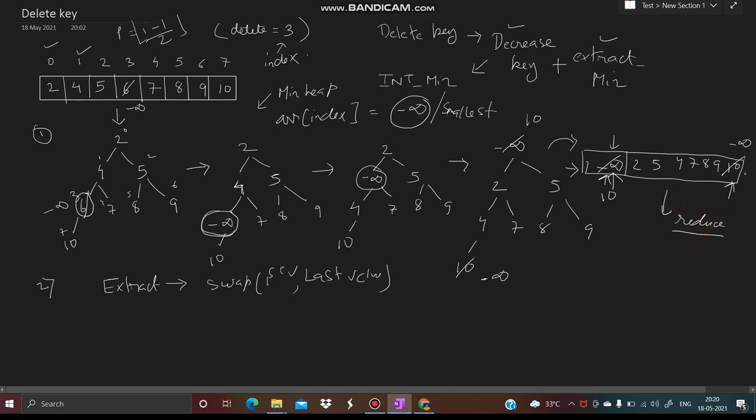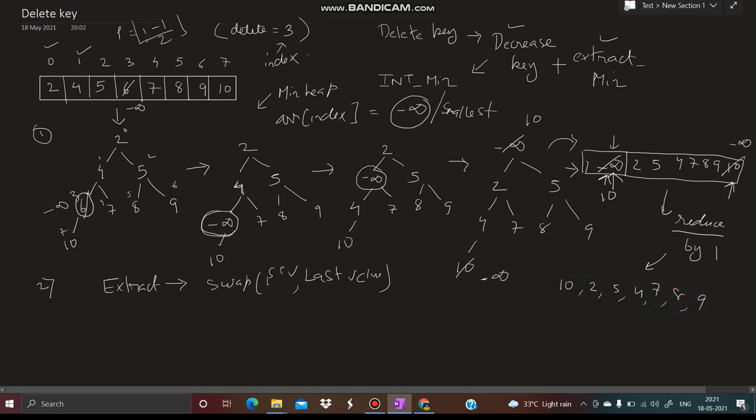Initially in the array, the values were 10, 2, 5, 4, 7, 8, 9 and minus infinity. On reducing the size of the array by 1, the array will be having the values 10, 2, 5, 4, 7, 8 and 9.